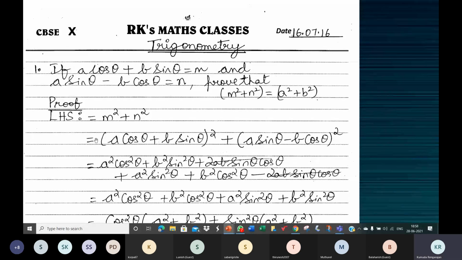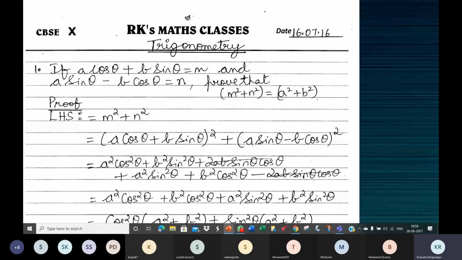So this is expanding using x plus y the whole square, which is x square plus y square plus 2xy. Similarly, this one is like p minus q. I'm not saying x minus y because then you will think x is the same. See, here x is this one, but x is different here, right? I'm not using x because it's different here. So I'm saying p minus q the whole square, which is p square plus q square minus 2pq.